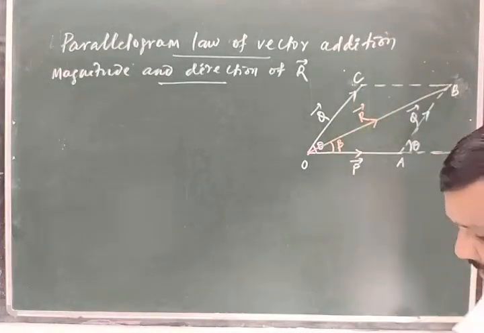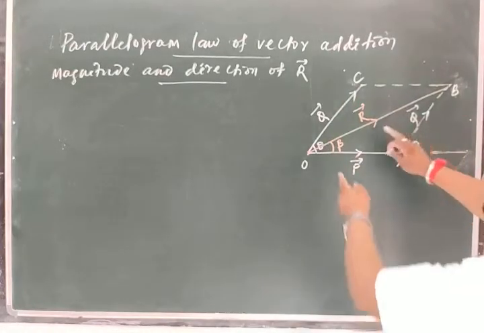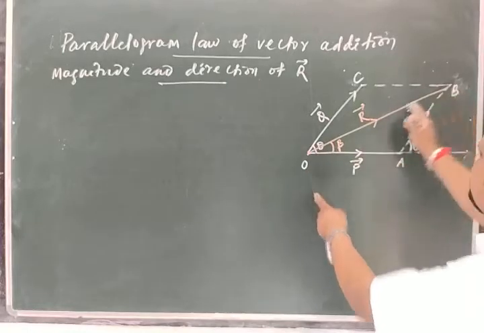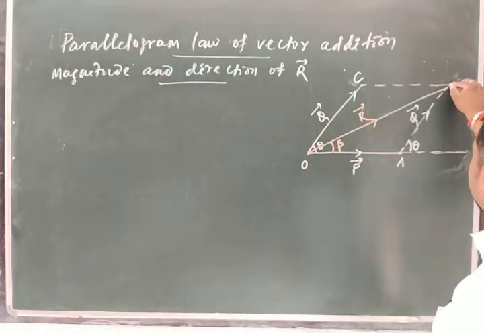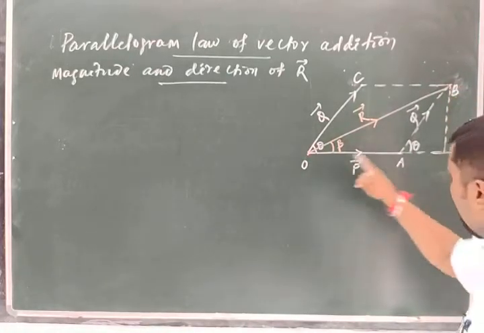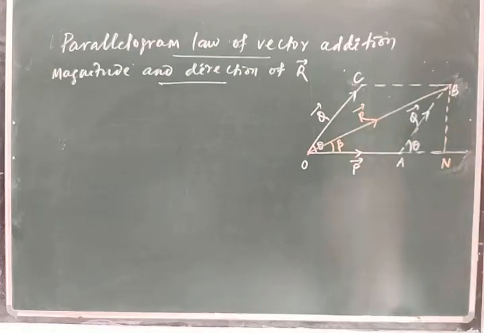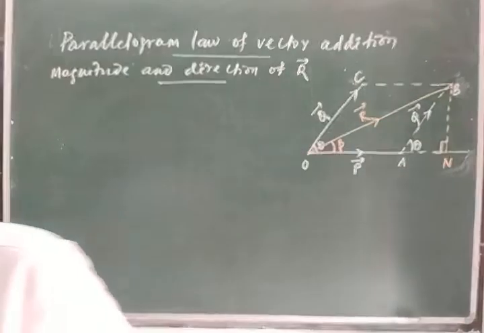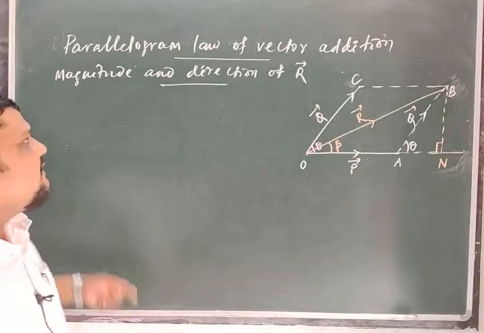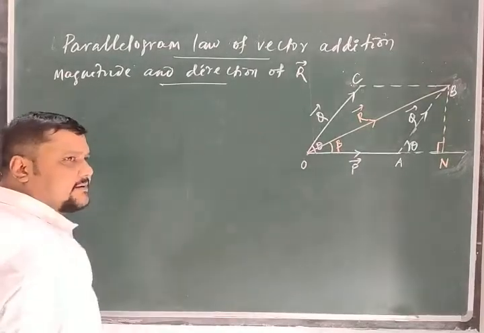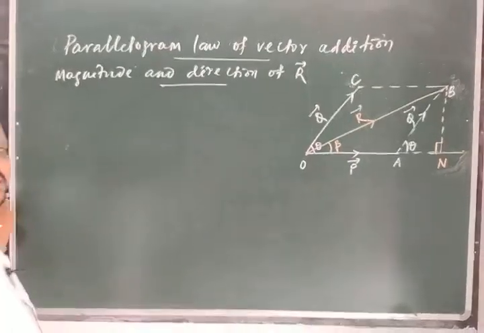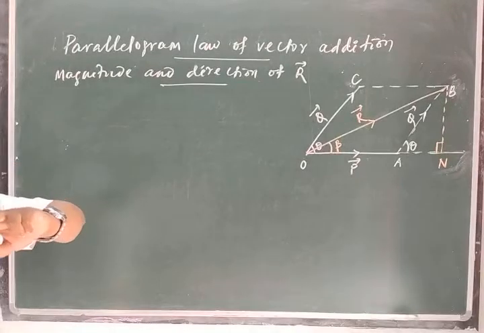Already we have done this in the triangle law, like this figure is there. This is almost a triangle. OAB looks like a triangle. Use the same concept, same derivation, you can find. So what we will do here, let us draw a perpendicular from B on OA produced that meets at the point N. Clear? So this is the perpendicular. Now we will go for the derivation part to find the magnitude of R. The description of the figure I have already discussed. You can write what I told in your notebook.